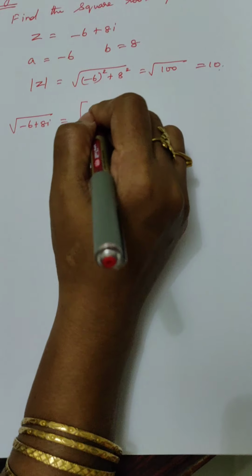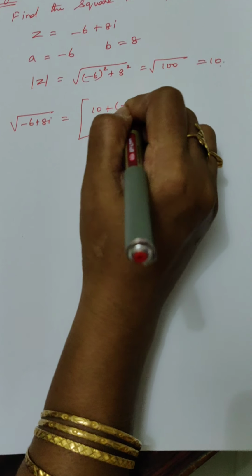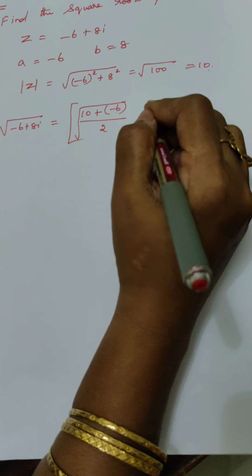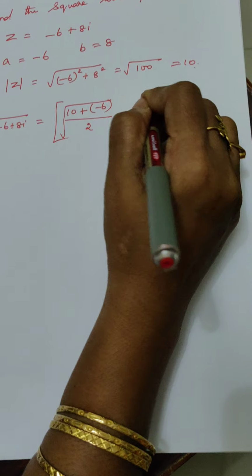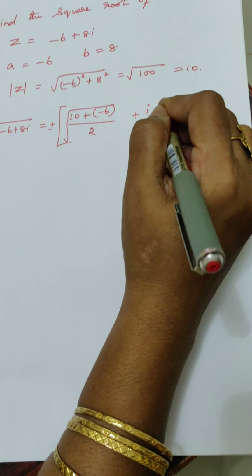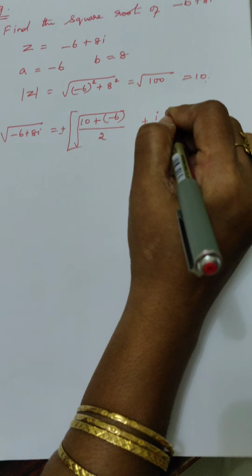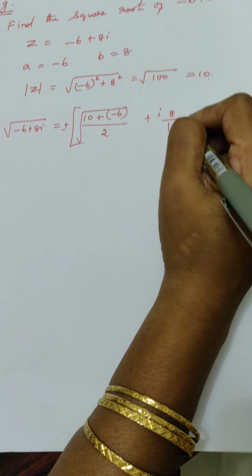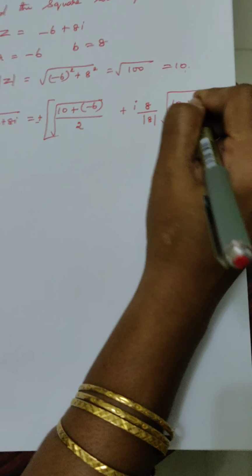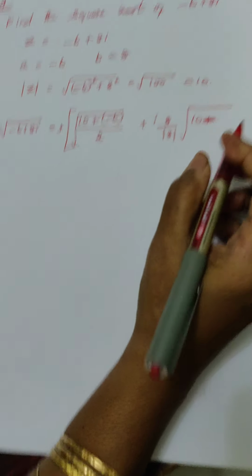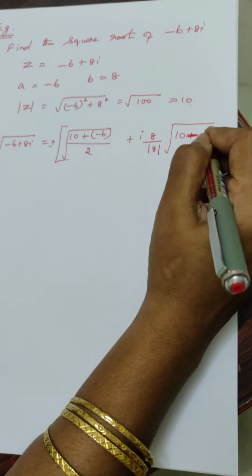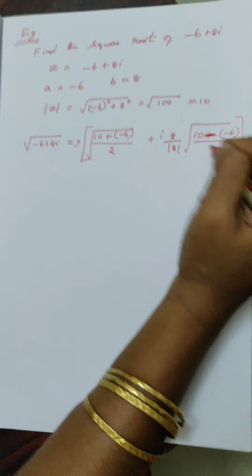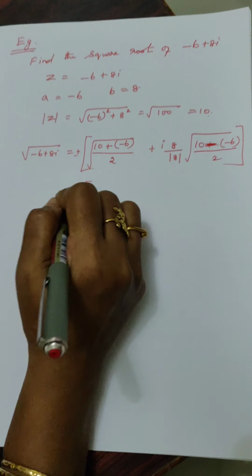Modulus of z is 10, plus a is minus 6, by 2, square root, plus or minus i, b is 8, by modulus of 8, into square root of 10 minus, in the place of a I am going to use minus 6 by 2. Clear now? So the answer is plus or minus